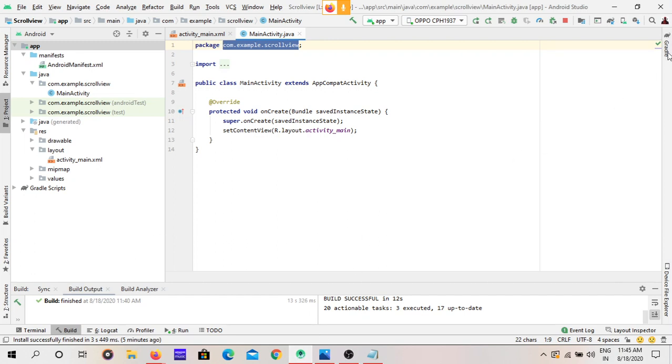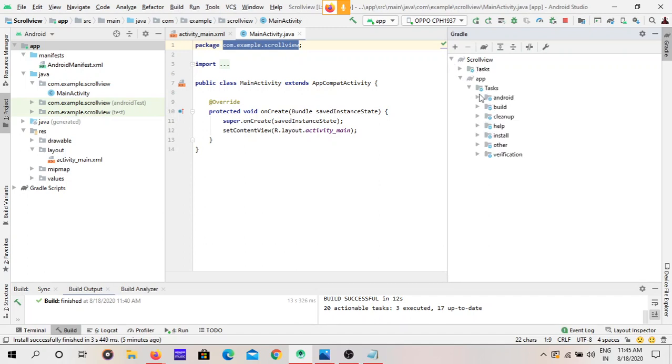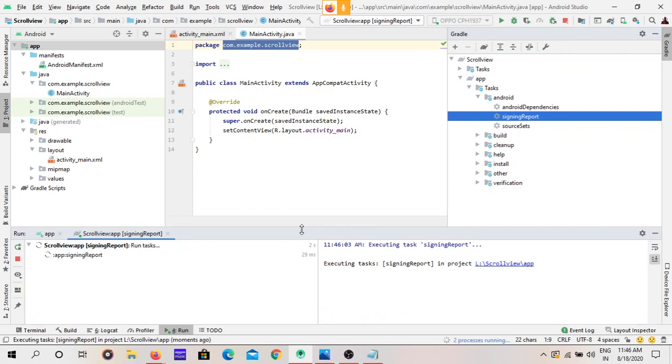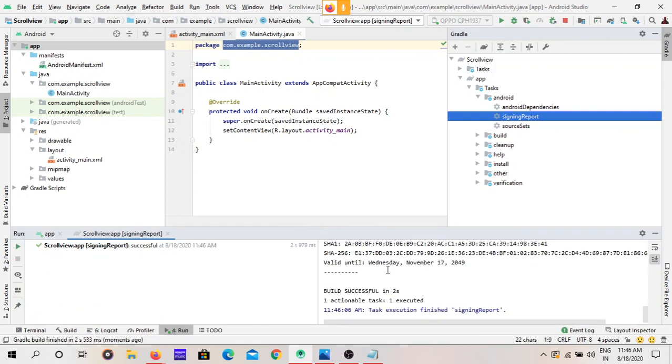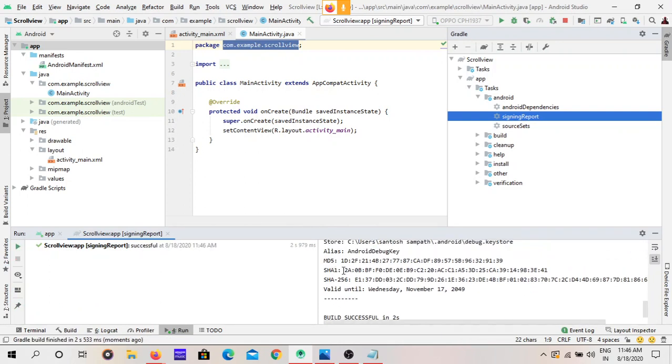You can find it here. See, on the right you have one Gradle button. Click on that button. This is your project name. Open that one and go to your app, go to tasks, go to Android. See here, signingReport. Double click on that. See, you got the SHA1.